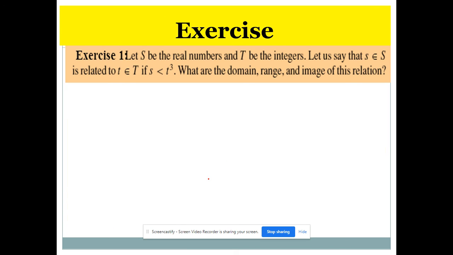So based on these facts, you can try this exercise. Let S be the set of real numbers and T be the set of integers. And let us say s is related to t if s is less than t cubed. In fact, here we are saying that (s, t) belongs to the relation R if and only if s is less than t cubed. So using this, you check the three properties, whether